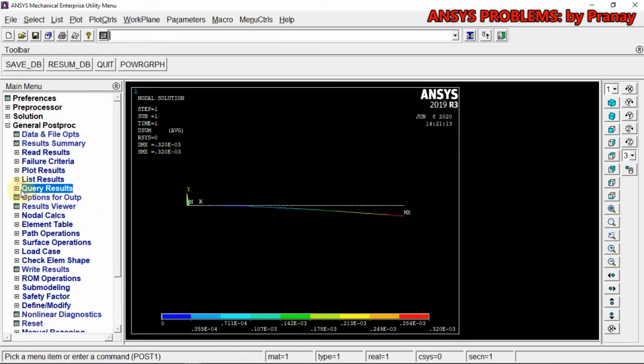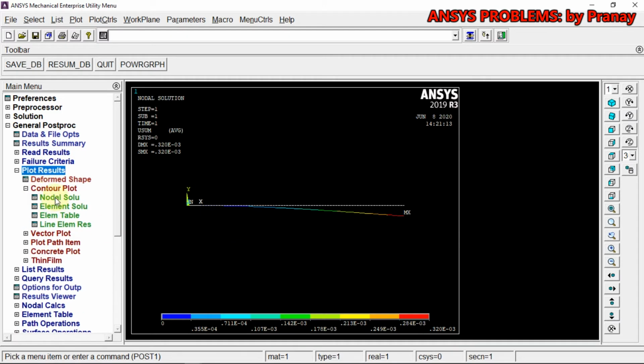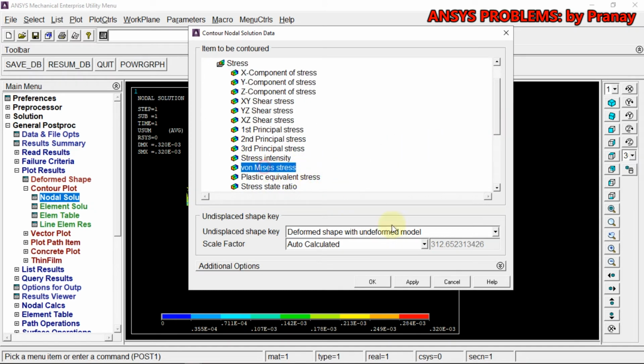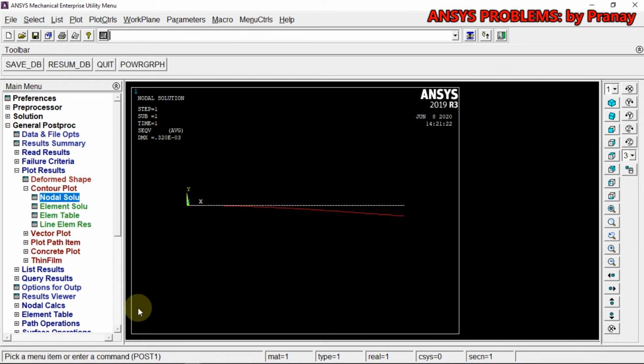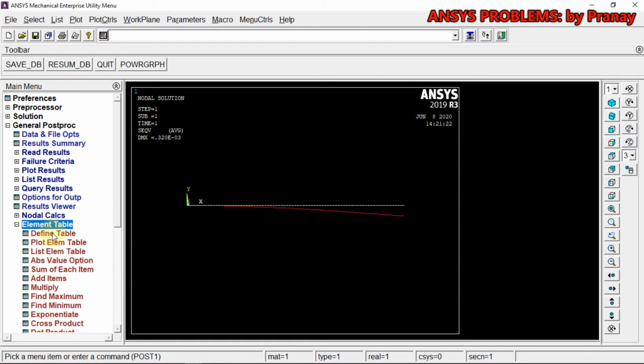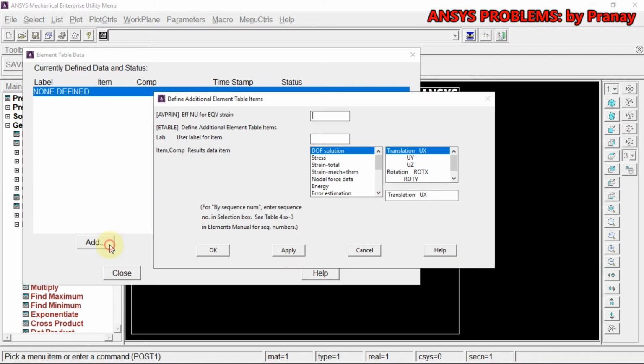And next thing that I'm going to do is plot result, nodal solution, stresses. If you want to plot, you can do that also. Von Mises stress. Okay, so these are the stresses. Next I'm going to define the element table. In order to get the shear force and bending moment diagram, we have to define the element table.